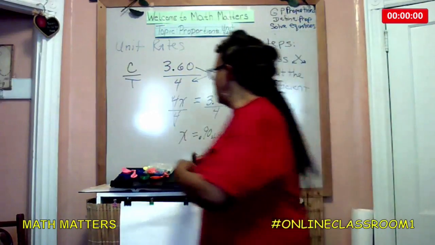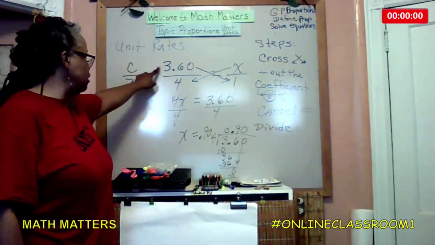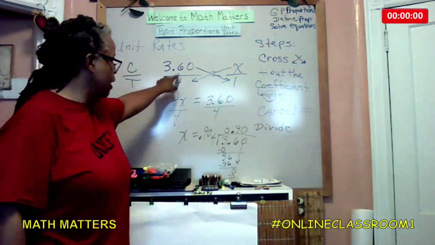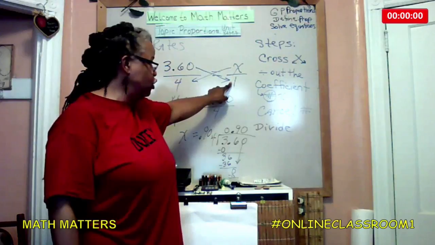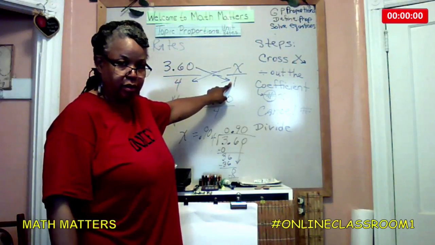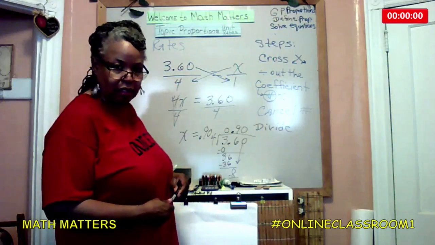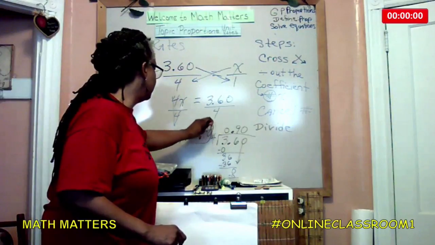So cost to tapes. Measuring tapes is what we're talking about. $3.60 will buy us 4 measuring tapes. 90 cents buys us 1. Is the unit rate. So 90 cents is the unit rate. X is equal to